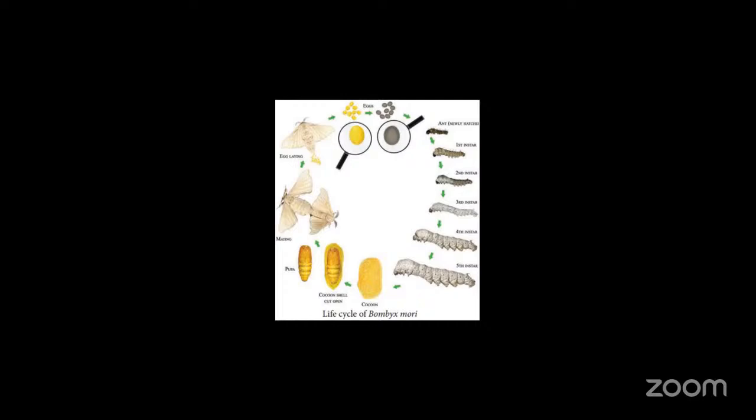Look at this. The filament completely encloses the silkworm in a cocoon in about 2 or 3 days. The 0.8 to 1.5 kilometer is spun by the final larva in the short span of 2 to 3 days, and it finishes spinning the cocoon around its body. The silk is obtained from the undamaged cocoons. This is a very, very important point. Undamaged cocoons are needed